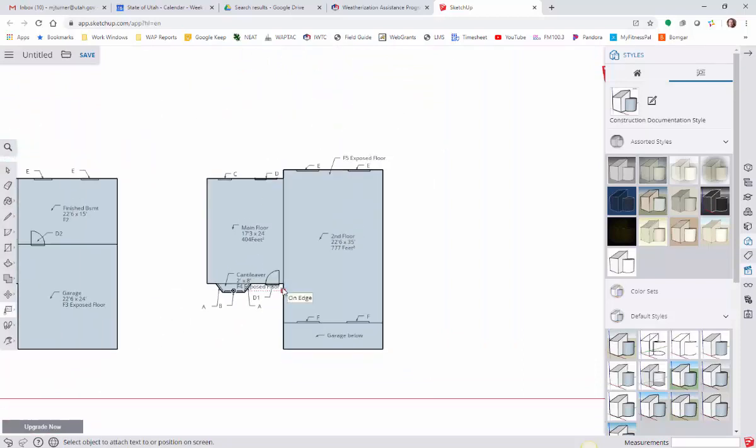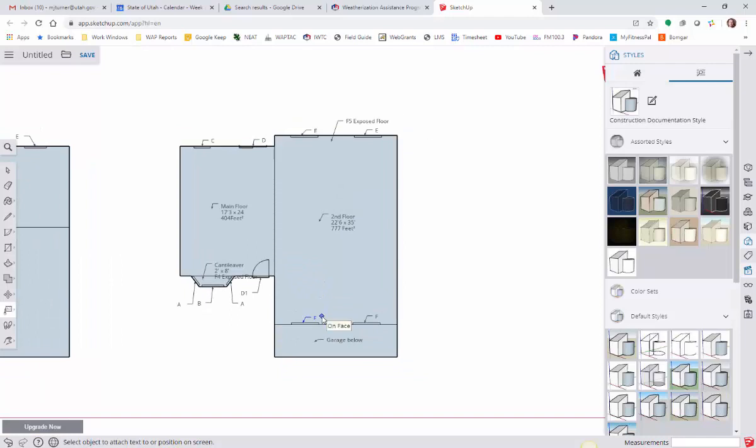Now we need to label our attics. Now our attics, we're going to have two attics. We got this one here and this one here. Those are the two that need to be insulated. They're on the thermal boundary. There is another attic here, and depending on how you evaluate it, you could make an argument to say that that is also on the thermal boundary or not. Really, the only portion of that attic would have a knee wall,